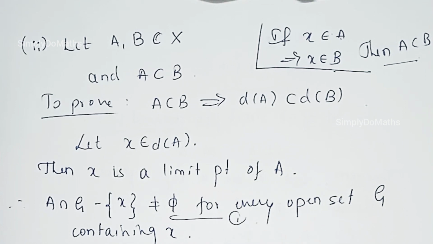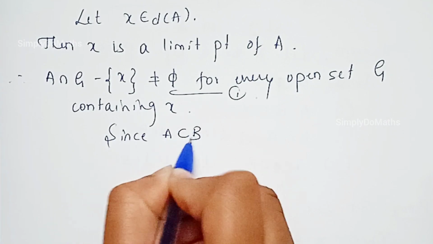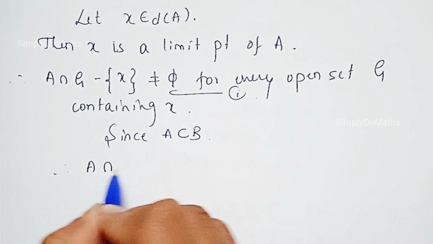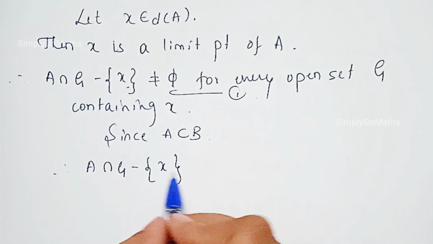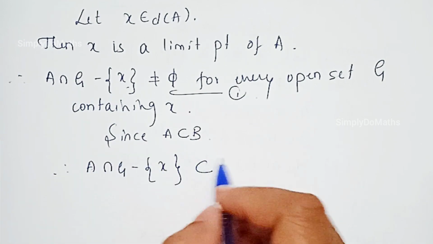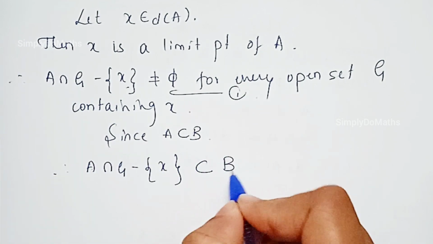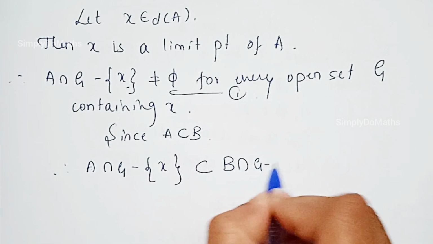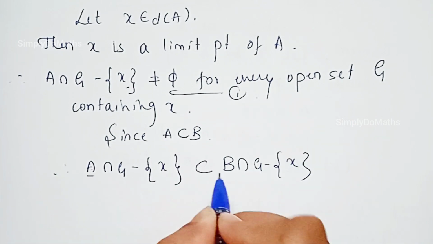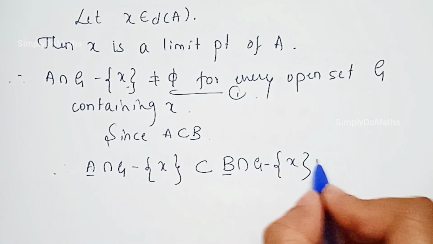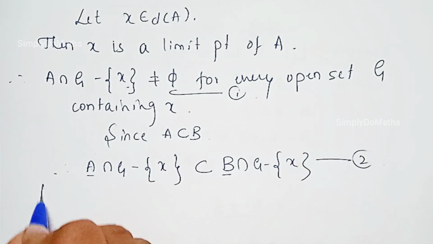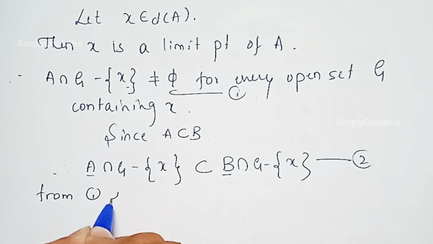Call this equation 1. As we know, A is a subset of B. Therefore, A intersection (G minus the singleton set {X}) is a subset of, in the place of A, I will write B: B intersection (G minus {X}). A is a subset of B, so the whole term will be a subset of the whole term. Call this equation 2. From equations 1 and 2, we can write